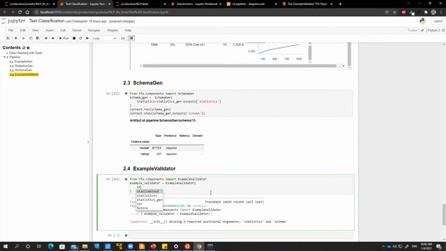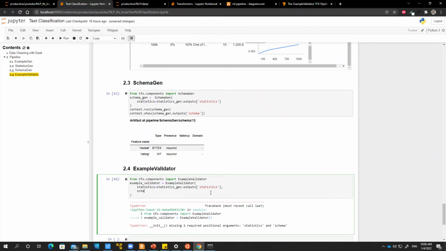So I say statistics equal to statistics gen dot outputs, and then statistics, and then my schema will be equal to schema gen dot outputs schema,